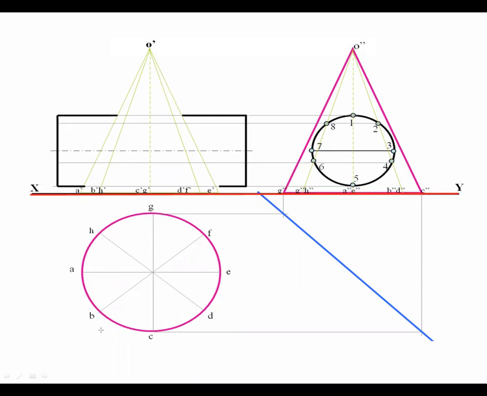Then draw the top view in circle below the XY line. Circular top view of cone is given and give the naming A, B, C, D, E, F, G and H likewise. Later on, take projections from this point towards the XY line and make one complete triangle, because this is the front view of cone.